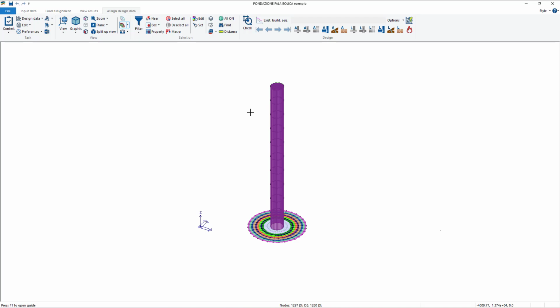Before our analysis we can check if the structure is verified or not, based on the normativa that we're using. So this is a very important thing about ProSap. It is very particular, and you have to keep that in mind, because